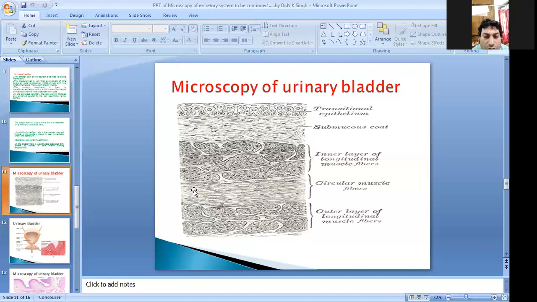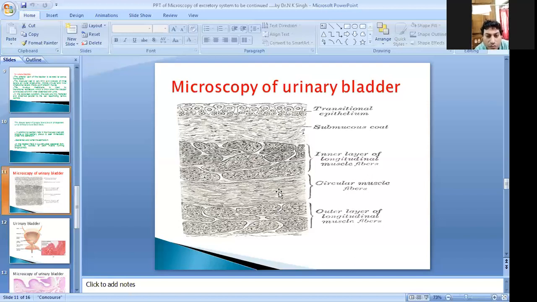Whereas the circular muscles, you can see the straight lines coming here. The muscles are nearly straight. So when this type of structure appears, that means they are circularly arranged. And when you see the round appearance here of muscles, that means they are longitudinally arranged. So this structure appears rounded. This rounded arrangement of the smooth muscles is the inner layer, which is arranged longitudinally.